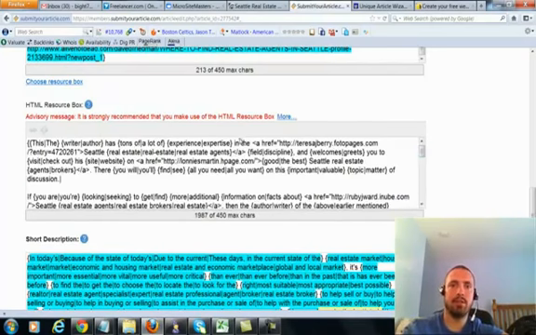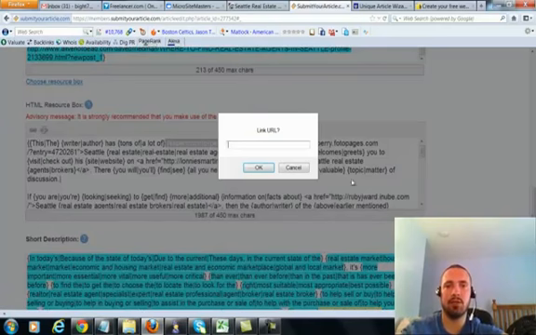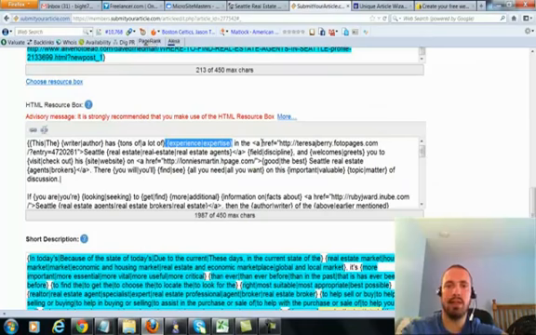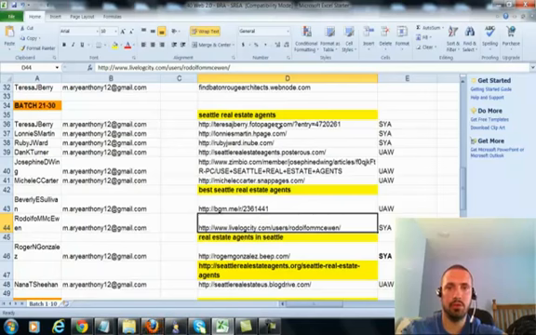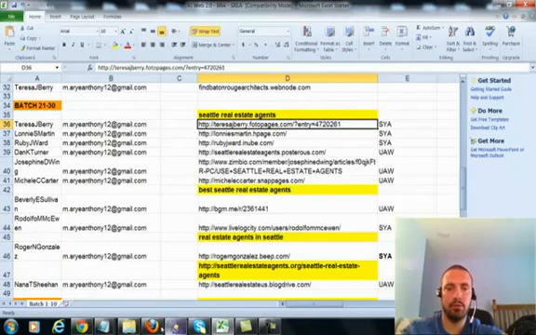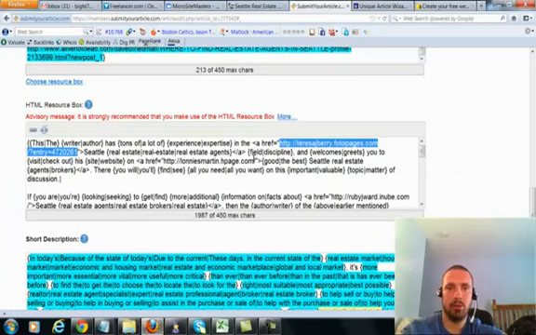Now with this I did the HTML code. Normally we would highlight whatever we wanted and click this and type in the link, as you guys have seen me do before. I just did the HTML here to make it easier, so you guys could see it easier. So the first link is going to my first one, photo pages. And then the second one is going to my second Web 2.0 property.